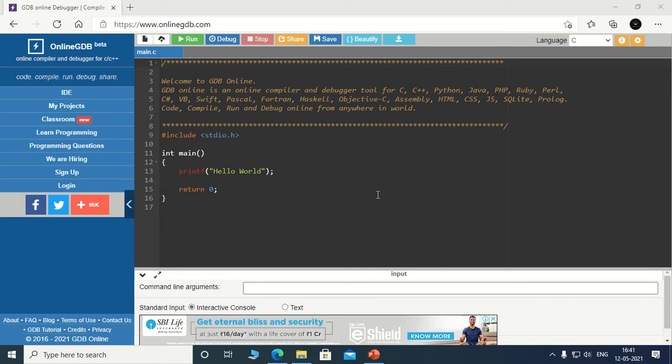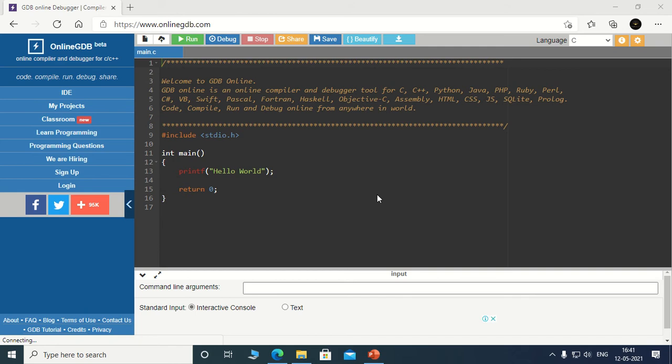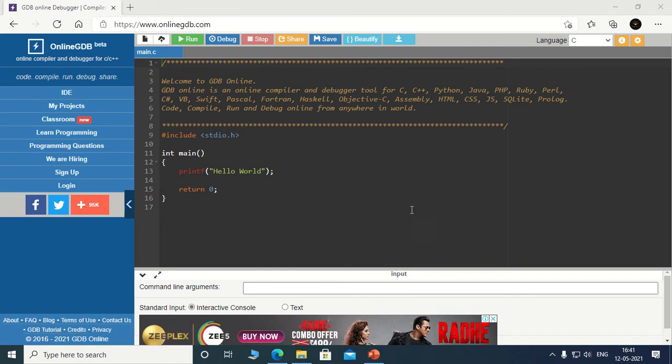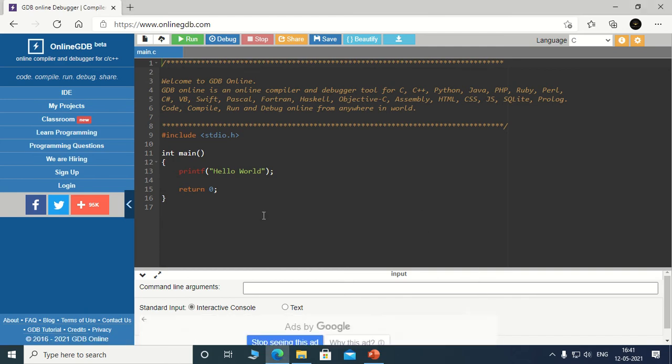It means that I was creating a process to print the message hello world, and because of the fork system call, its child process got created. So the child looks similar to the parent, and because of that the hello world message was printed twice.